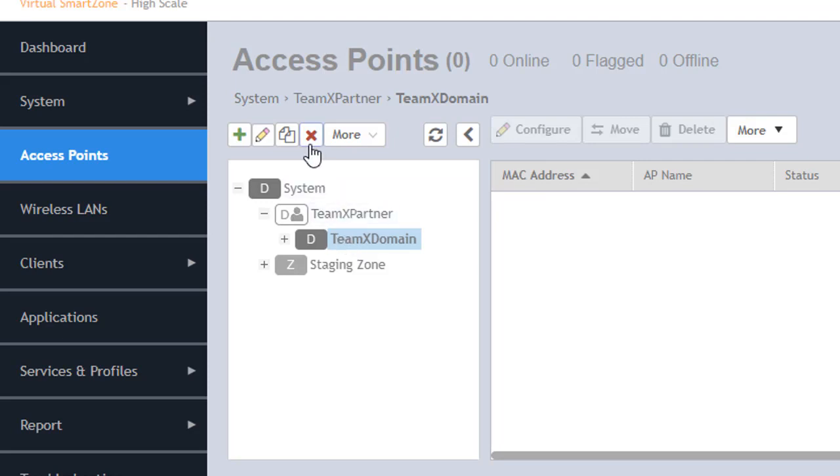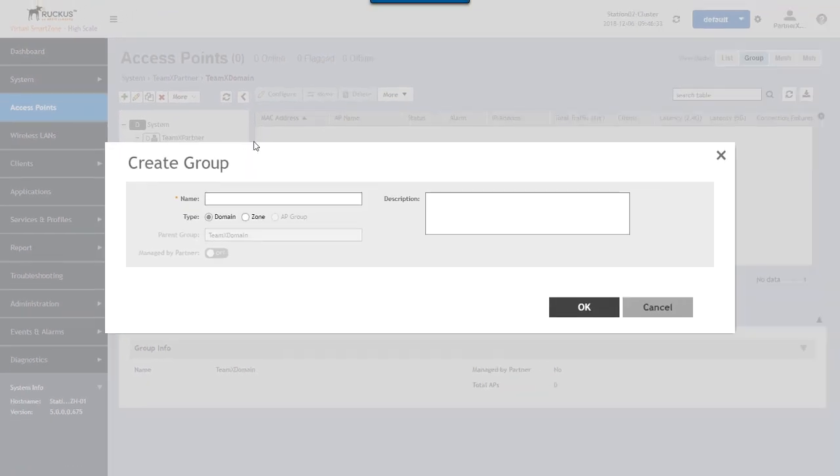you see I have options up here to click on, and this one here, the plus sign, allows us to create a domain, zone, or group, and we're going to create a zone. So let's go ahead and fill this info in. We're going to call this the